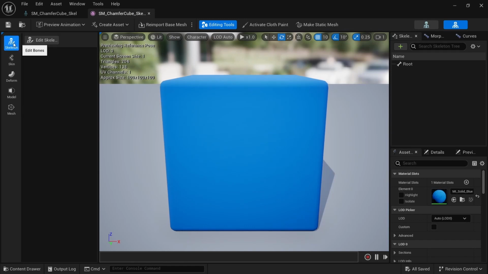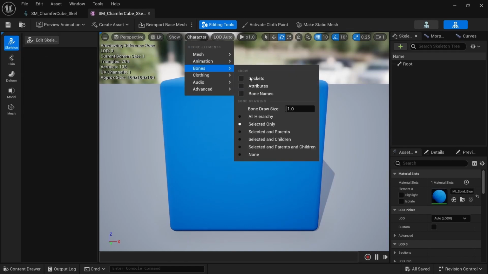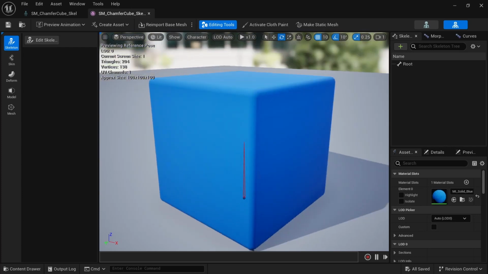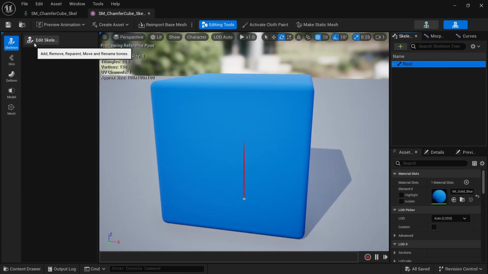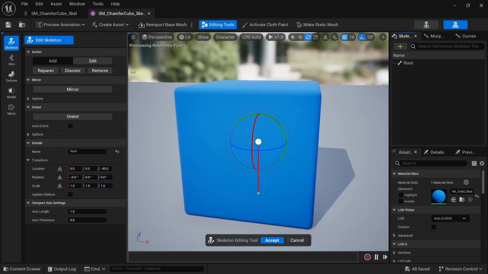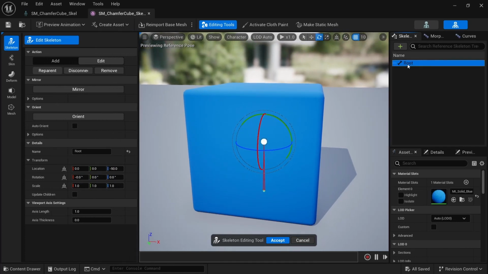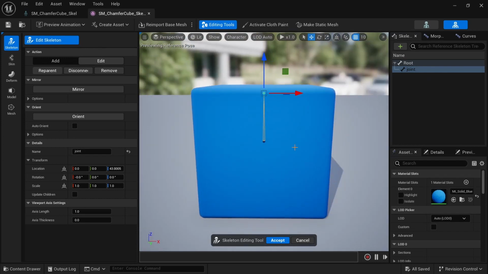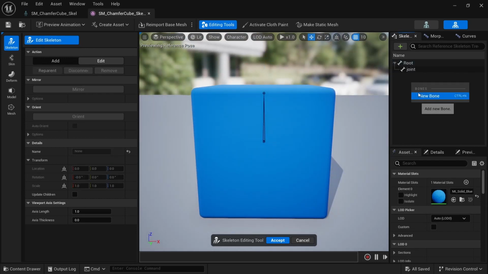So if we go here, edit bones, let's just show all hierarchy. So we have one root bone for now, and if you click edit the skeleton, you can do a couple of things. So you can, for example, place this somewhere else. So let's put this in here, and you can rename, and let's say we create a new joint, and I can just move it and place where I want. If you create another one,